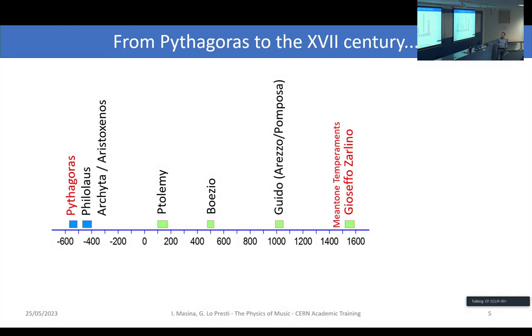Okay, so that was Pythagoras. Now we do a big jump, and then we will kind of go back. But you see, there are many people that discussed music over the years, and here this is just, let's say, Western music. Then you can do the same thing on the Middle East music or the Far East music, etc. But okay, for the sake of trying to identify a few interesting cases, now we jump to Renaissance,